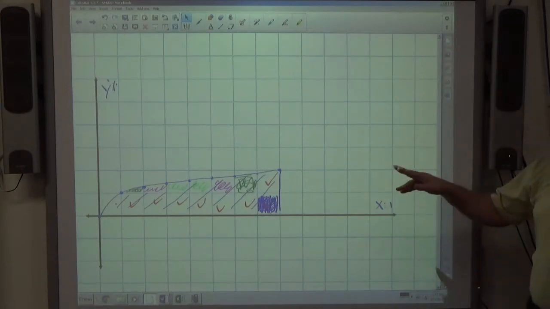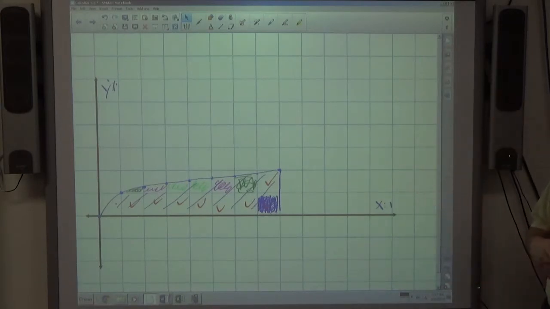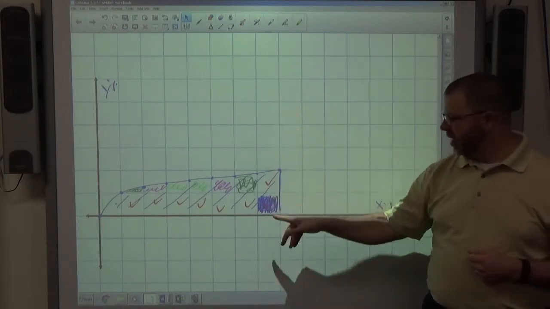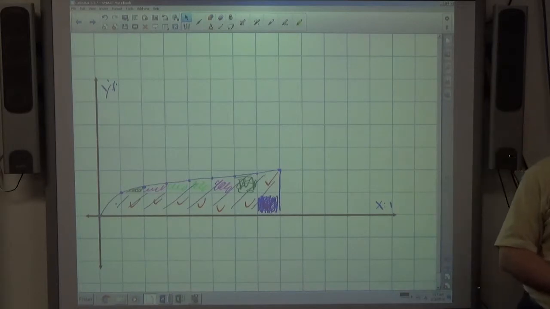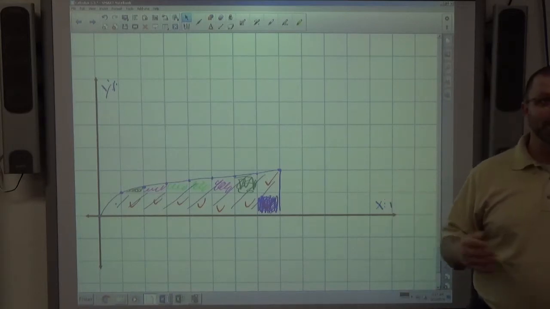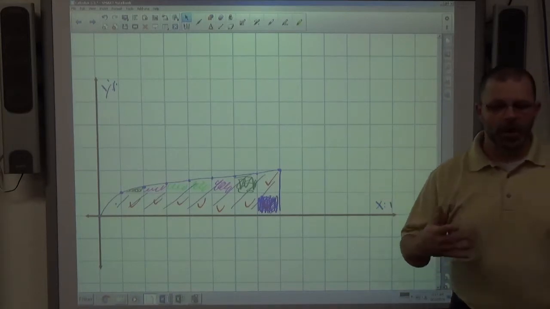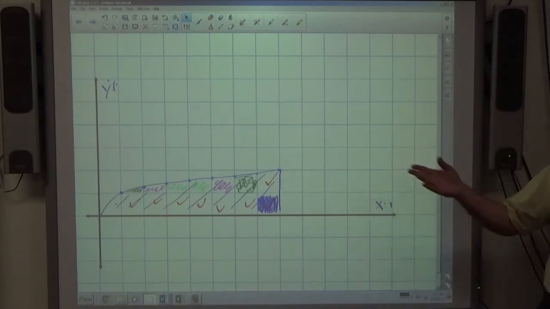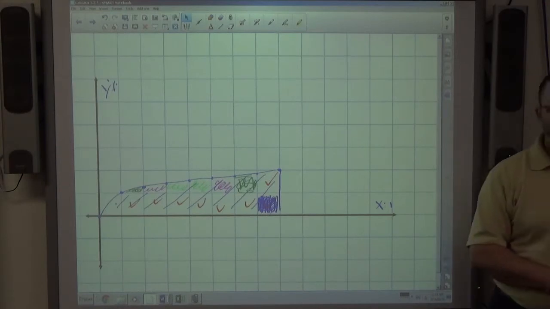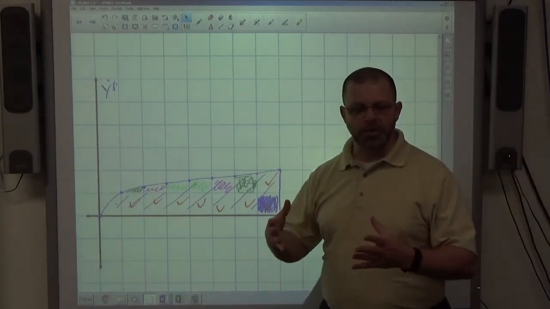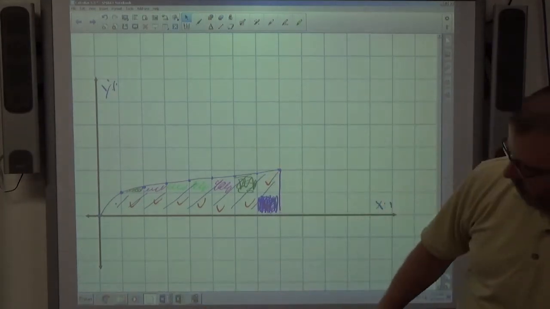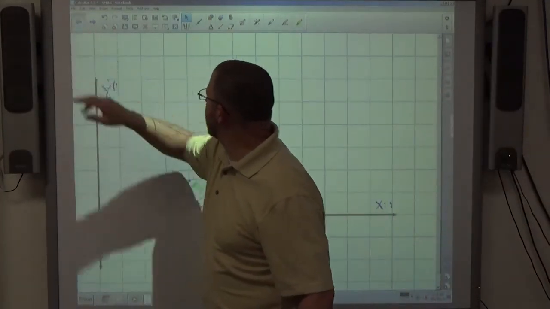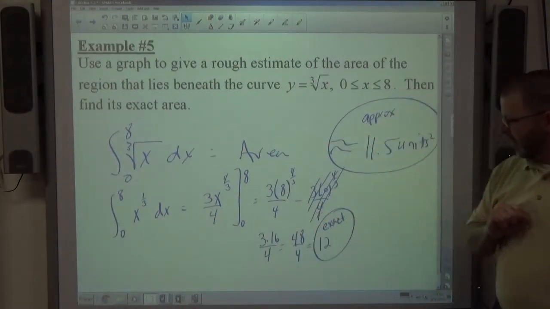But again, a 1-to-1 scale is nice. If we did a half and a half, each one of the boxes is a quarter, that would have given us a little more accuracy, but it would have given a heck of a lot more boxes to count too. So, you know, the whole idea of estimation is that we want to get close. There was enough precision there to get close with the 1-to-1 scale. Just a thought, if you go with a smaller scale, you can get a more accurate approximation. I want to go back there. So again, 12 is the exact answer, and that's what we're